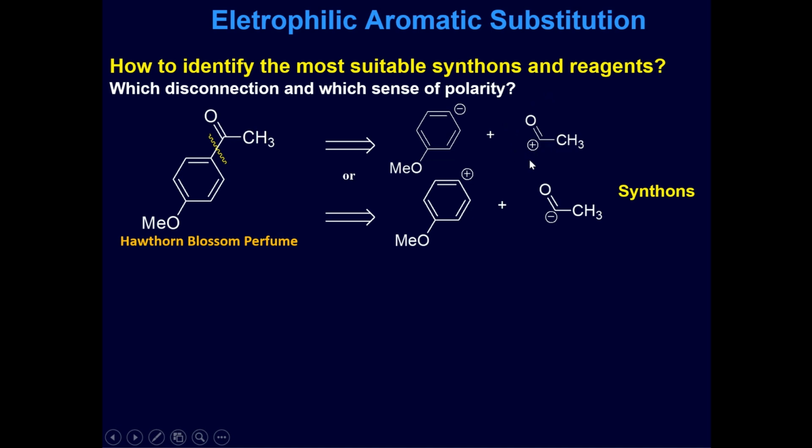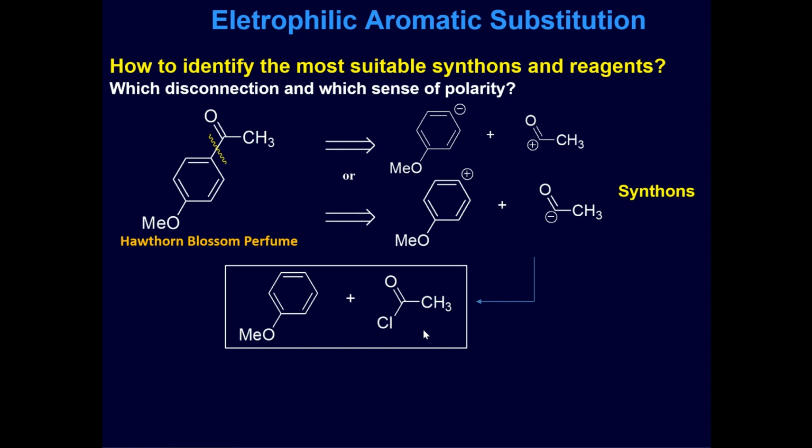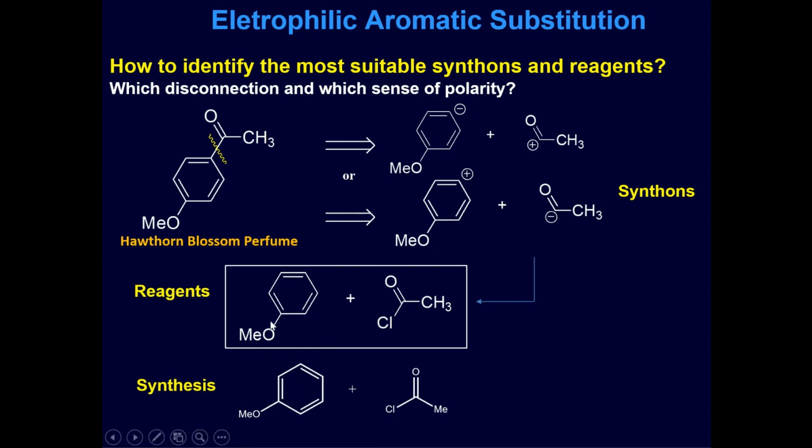These two are the synthons, and the reagents that can be used for getting the synthons are anisole and acetyl chloride. I take anisole and treat with acetyl chloride, and for this two to react,